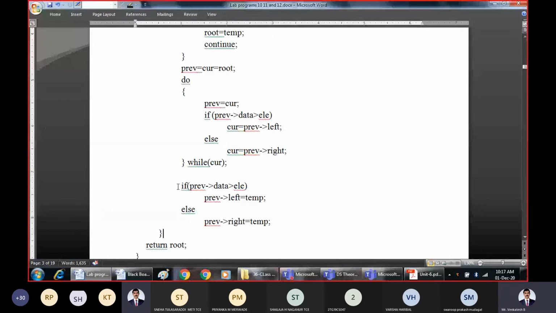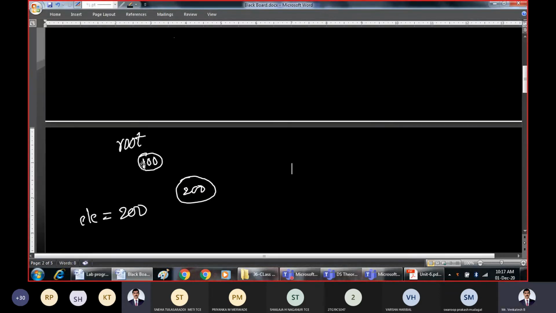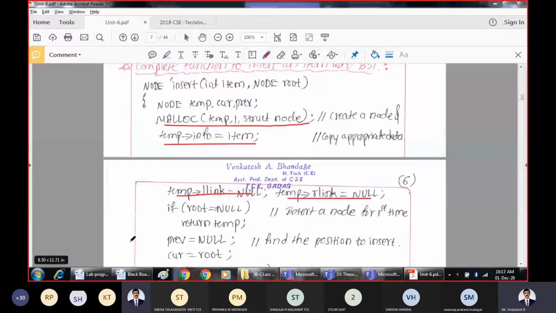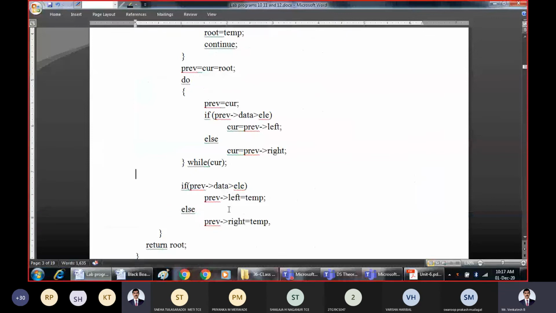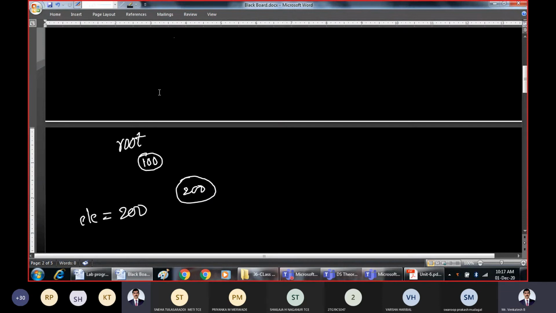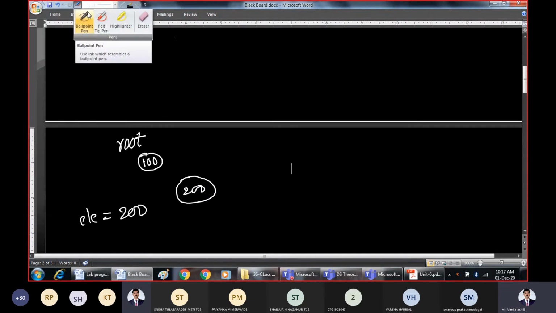It gets inserted with these four lines. If the previous pointer data is greater than the element, we insert it at the left side. Else, we insert it at the right side. So as per this condition, this will get inserted at the right side.